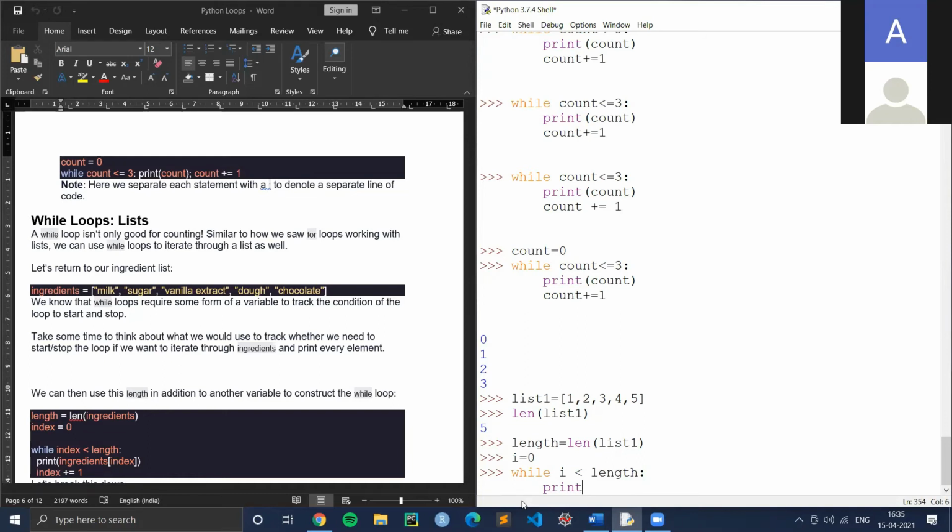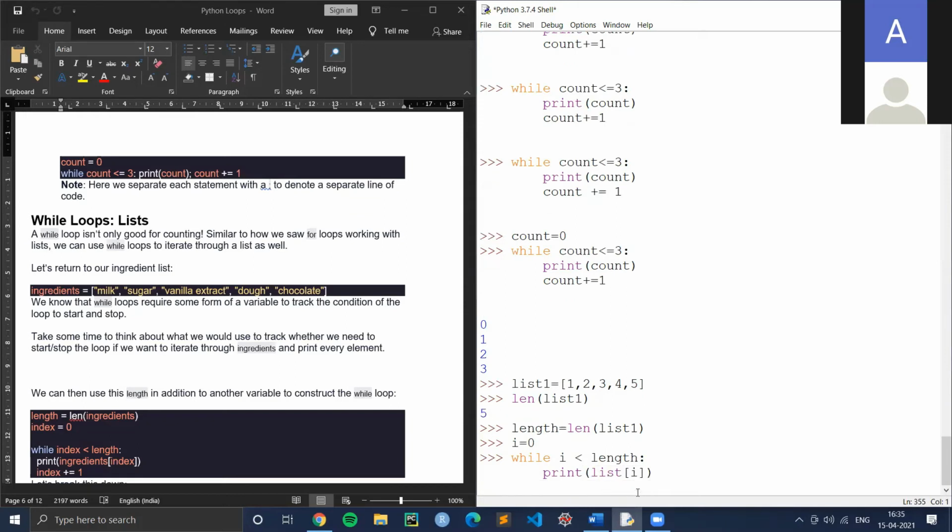Because my element is i, I'll be printing list of i. You'll get to know what I mean when you see the output. And then I'll just increment my i: i plus equals 1.